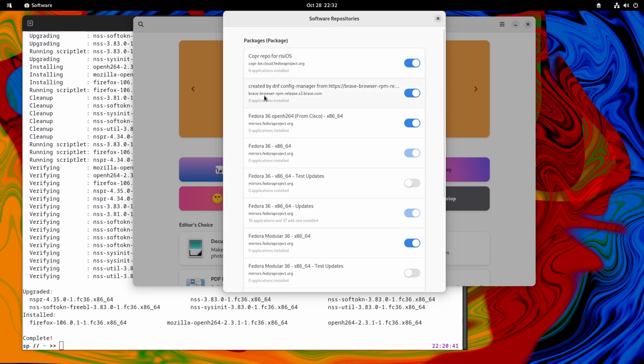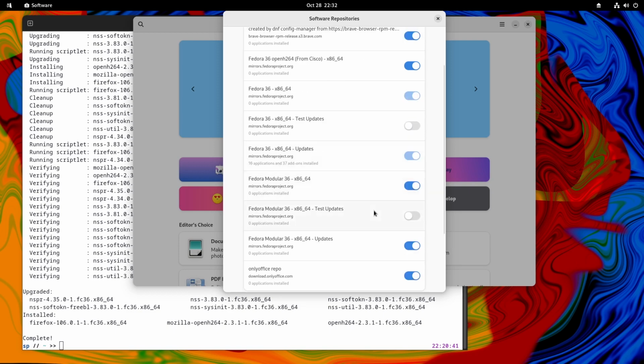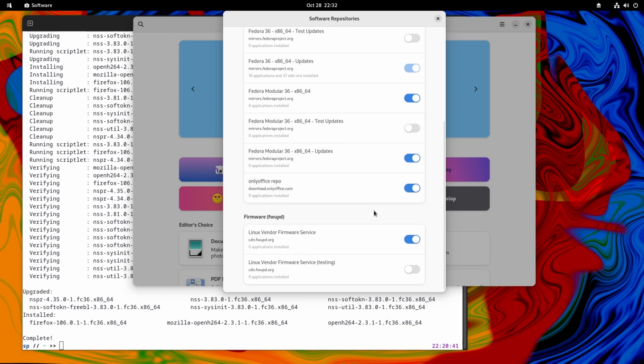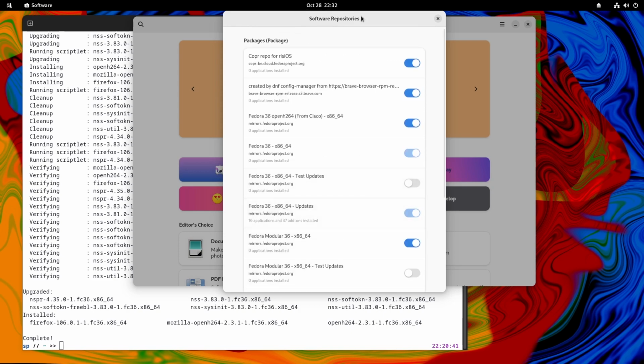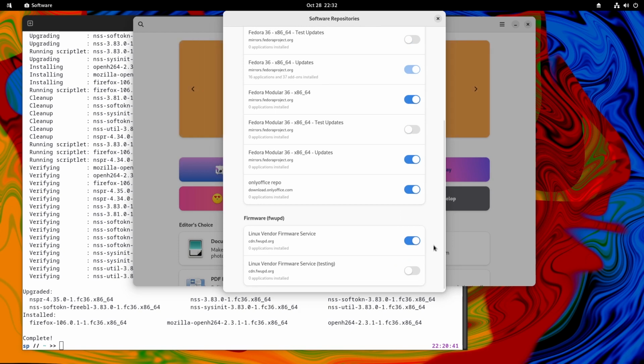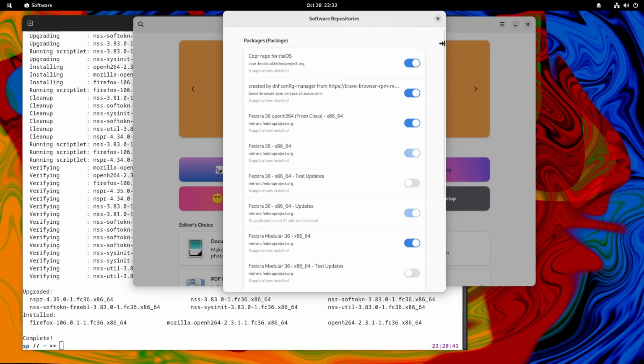And then Brave browser repo. And then because we didn't activate another repo, for example, RPM Fusion, so we cannot see the RPM Fusion in this software repository. Even the FlatHub repo, we cannot see that in here. Okay.